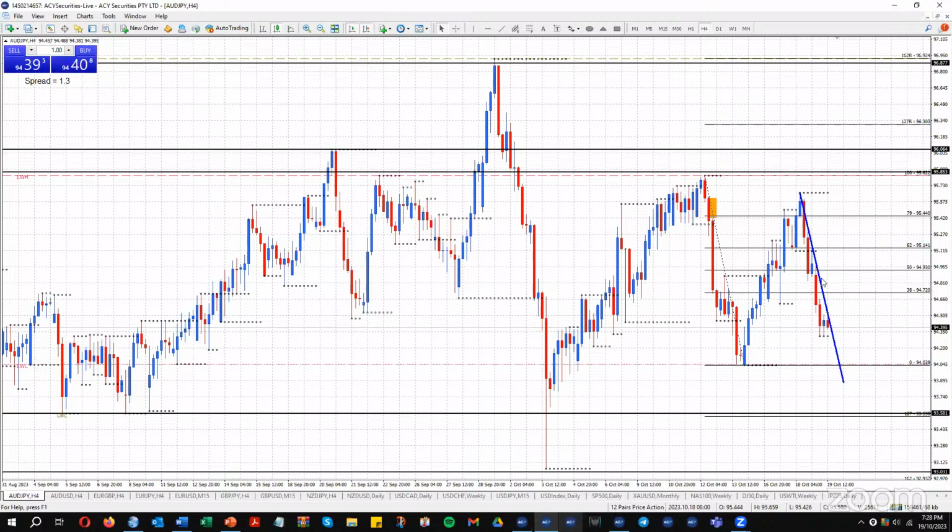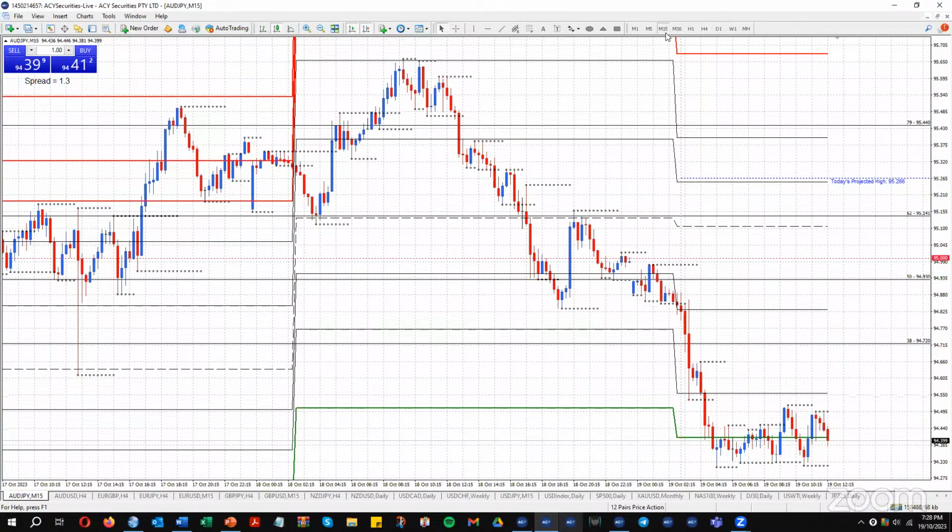So in terms of trading this pair at the moment, it's difficult because up here was really where you wanted to be selling. We're getting closer to support in the profit taking area, but if you want to get in,